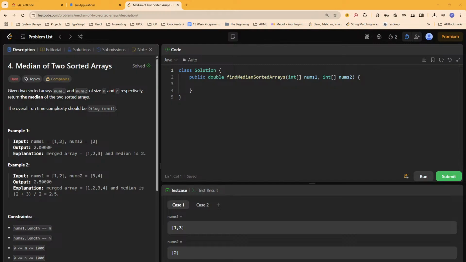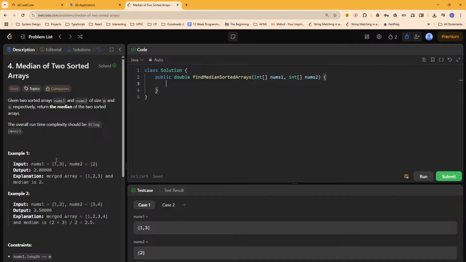The brute force is, of course, merging the two arrays. We can simply merge them and then find the median, which would be an O of m plus n solution. We can have two pointers, one for nums one and one for nums two. We compare and keep incrementing and create a merged array, and then in the merged array we can simply calculate the median, which is the simplest or brute force solution. I'm not implementing the brute force. Other than that, what we can do is